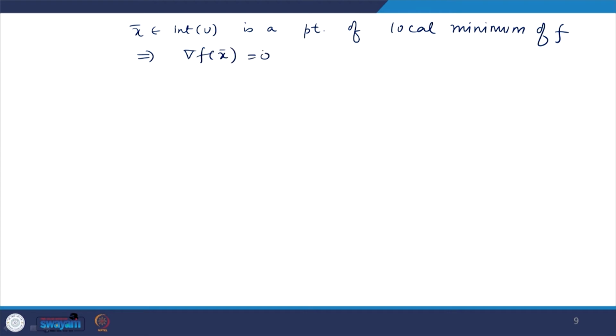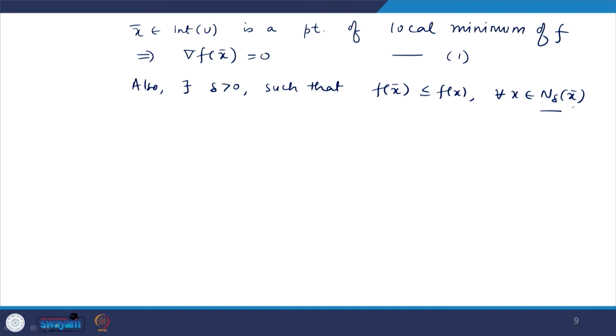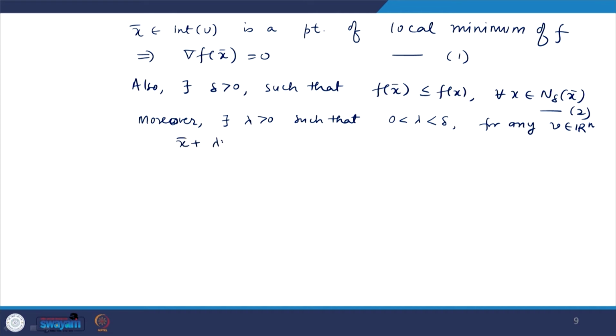Now, it is given to us that x bar, which belongs to the interior of u, is a point of local minimum. Okay. So, first of all this implies gradient of f at x bar is equal to 0. Okay. And also there will exist some delta greater than 0 such that f of x bar is less than or equal to f of x for every x belonging to the delta neighborhood of x bar. This is condition 2. And moreover, there will exist some lambda greater than 0 such that 0 less than lambda less than delta, and for any v belonging to R n, x bar plus lambda v will belong to the delta neighborhood of x bar,